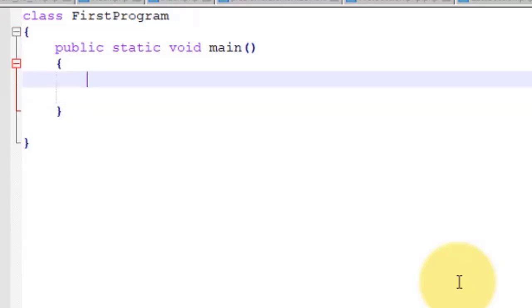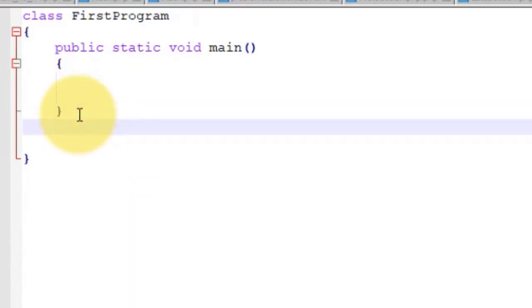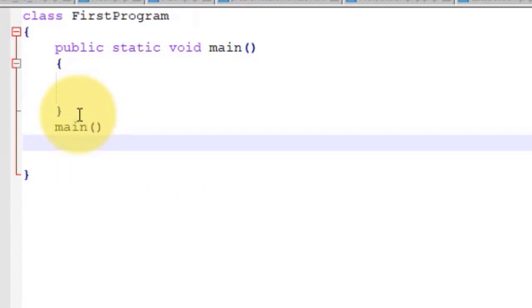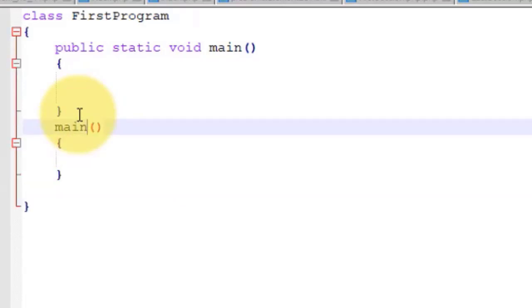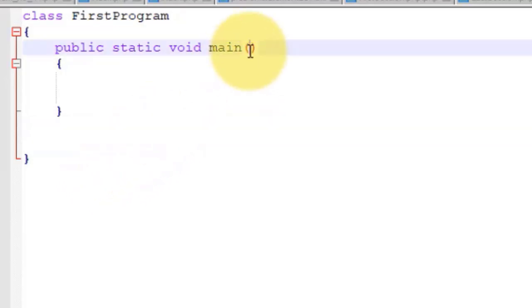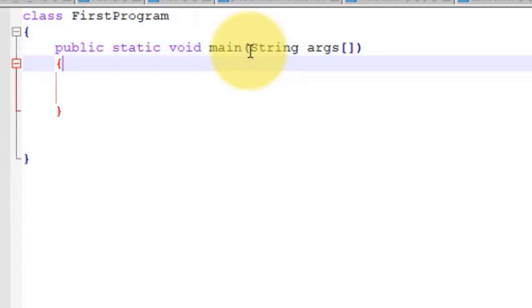This is a predefined structure for main because it is the entry point, right? You cannot define main differently. If you define main in another way, it is treated as a user-defined main, not as the system-defined main. So don't do that. So public static void main, and it takes String args. It is a command line argument.